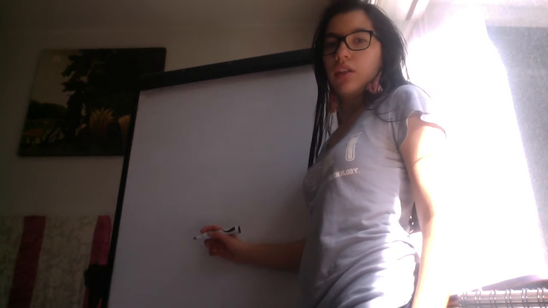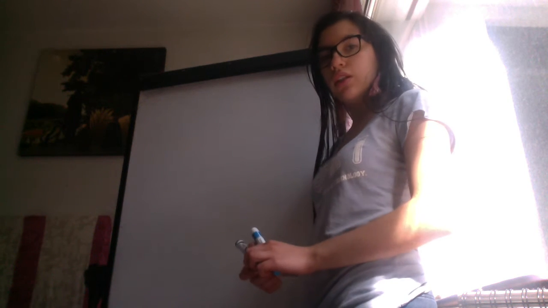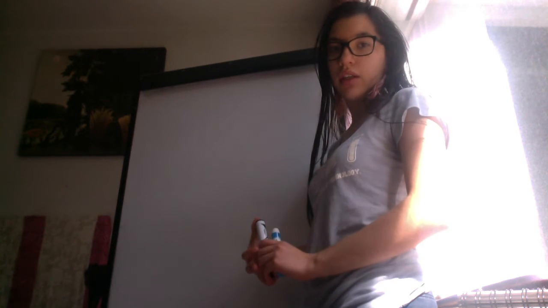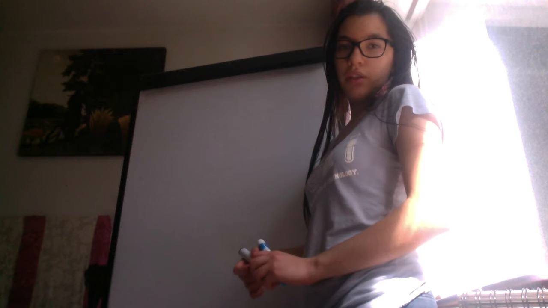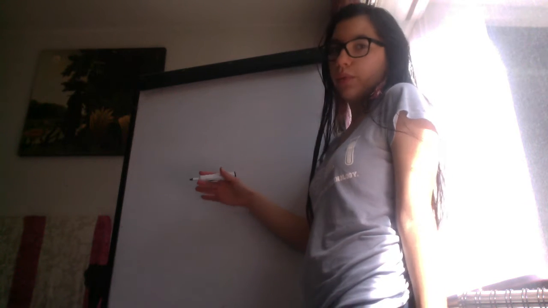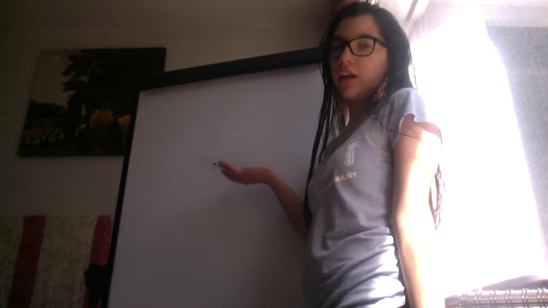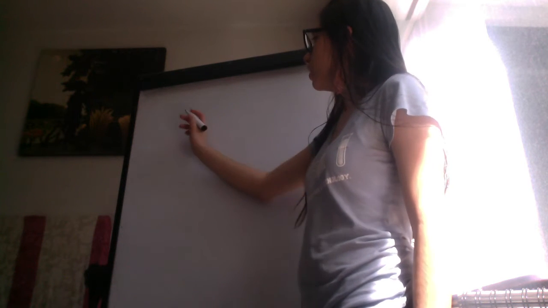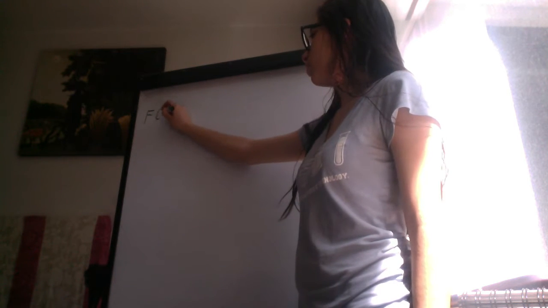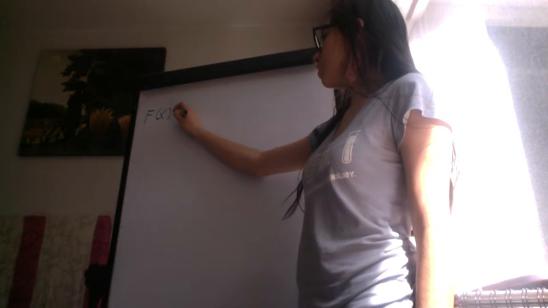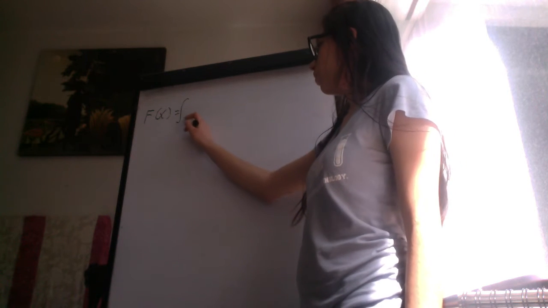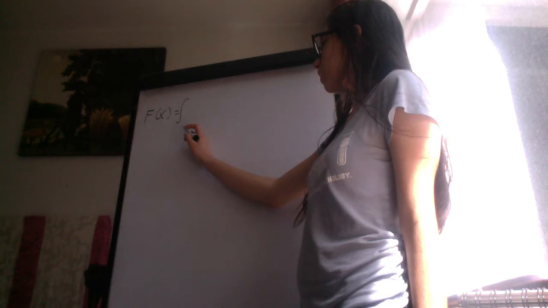We're going to find the derivative of a function using the chain rule with the fundamental theorem of calculus. The fundamental theorem of calculus says that for every function there is an antiderivative, which would be the integral. So first, let's say we have a function f of x equal to the defined integral